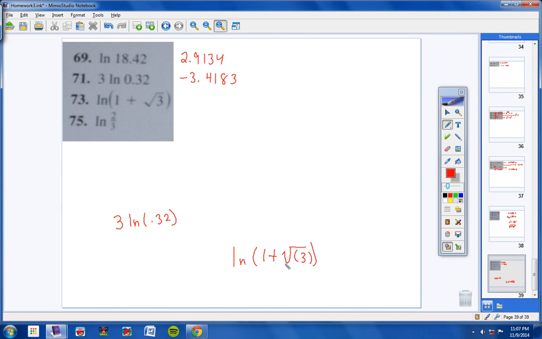Okay, so natural log, then 1 plus square root of 3, close your parentheses twice, hit enter, 1.0050. Okay, alright, next one here. Natural log of 2 divided by 3 gives you negative